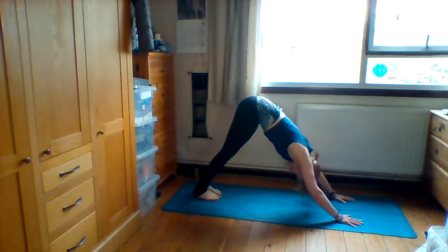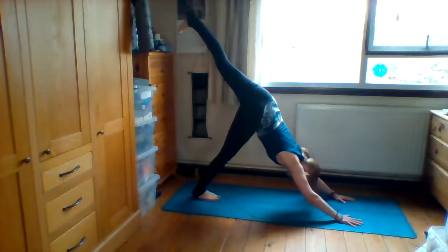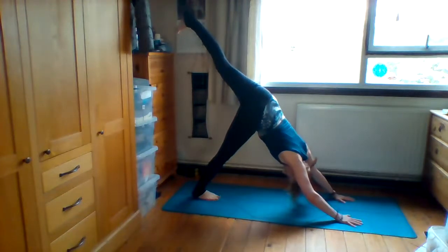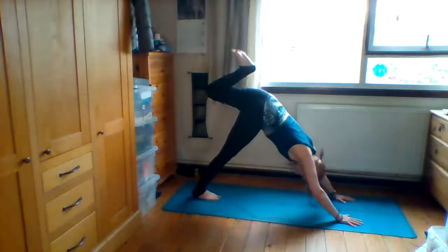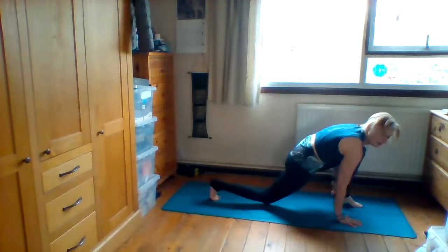And then just bring the feet so the big toes touch again. And lifting the left leg up towards the ceiling, keeping the hips straight and square, pointing toes down towards the floor. And then bending the knee, taking the knee underneath the chest before stepping the foot through, finding our low lunge